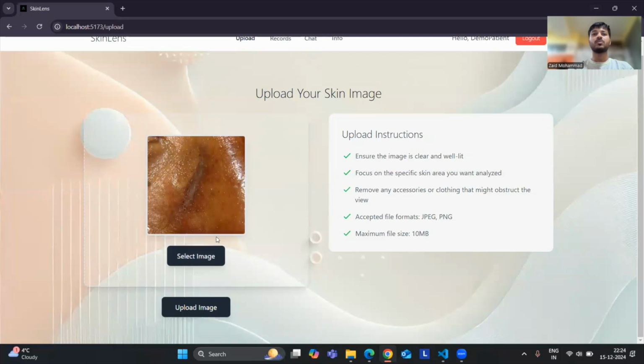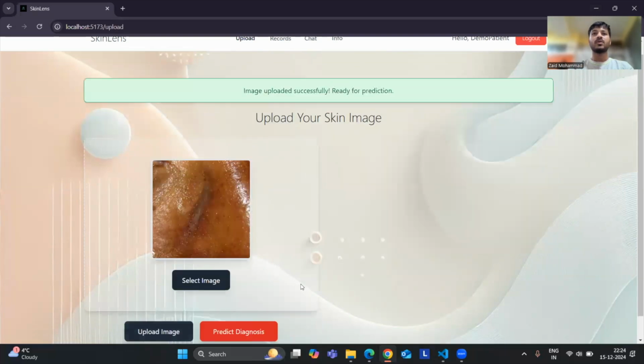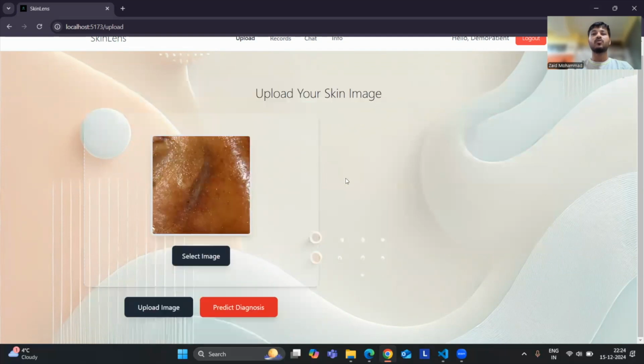Similarly, a preview is displayed here, and you can click on upload image, and a success message is displayed: image uploaded successfully and ready for prediction. For guest users, the images are deleted after a certain period of time, but for authenticated users, images are stored securely in the database. After uploading the image, you see a predict diagnosis button at the bottom. Click on predict diagnosis,